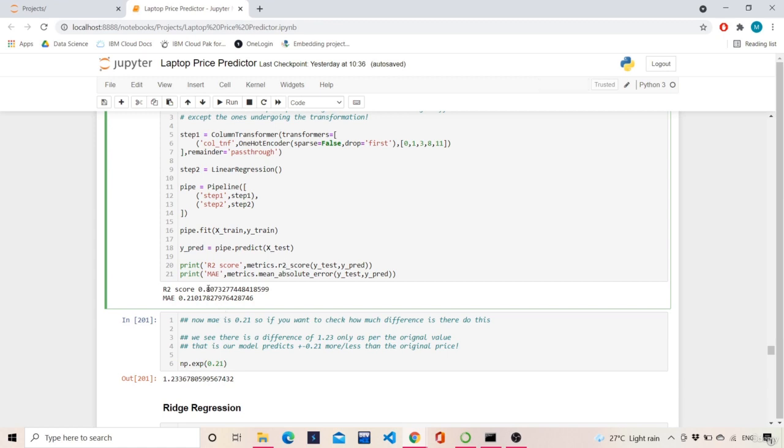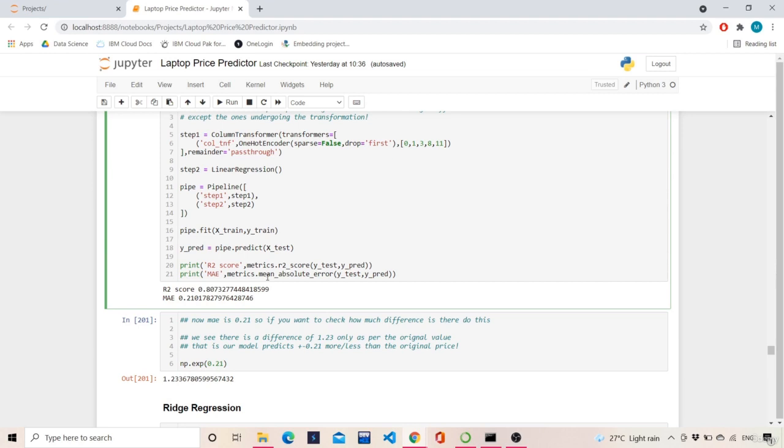So the R2 score 80.7 means 80.7% of your features are giving good result, or we can say that the features whichever you are using are giving prediction up to an accuracy of 80.7%. We can say in that way, in simple words. So in classification we have accuracy score, but in regression we will be having R2 score.